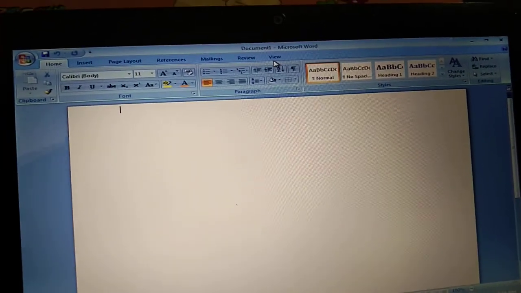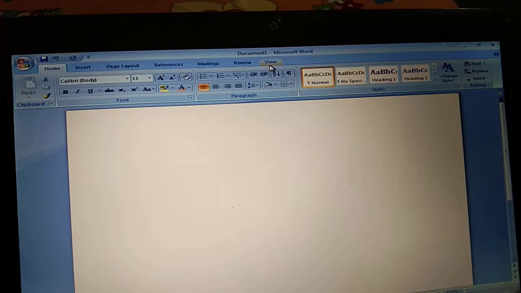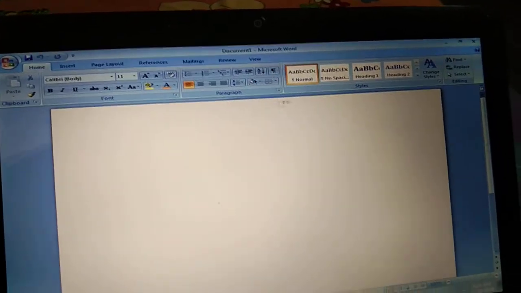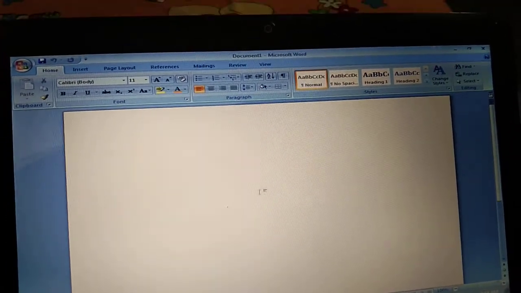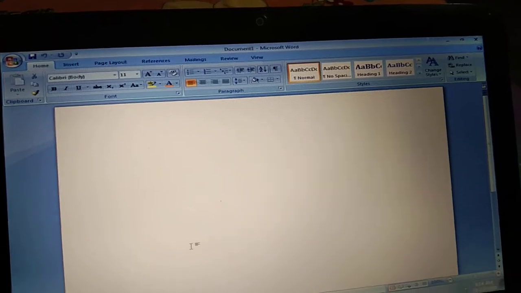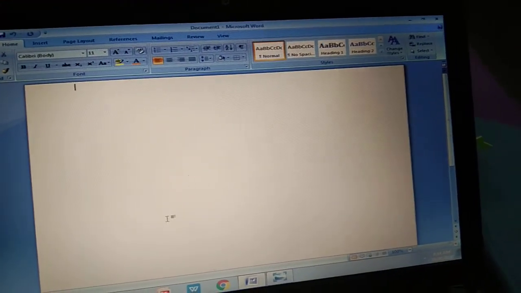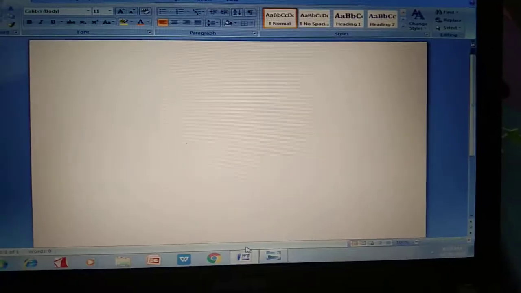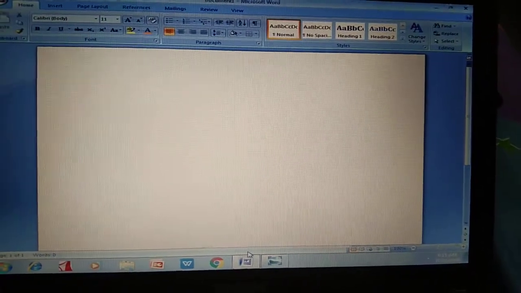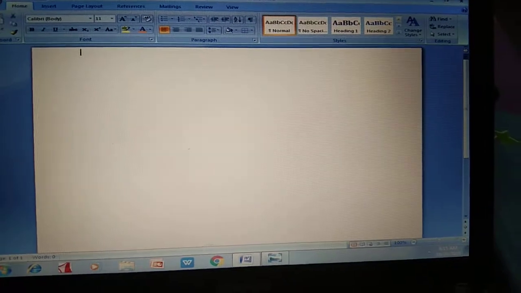Now the question arises: what is the meaning of a work area? This is the blank area of the document. When you can type, edit or format the text, that area is called a work area. Our next term: what is the meaning of a cursor?